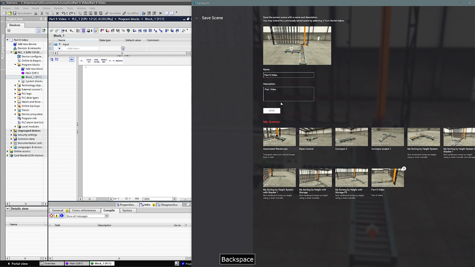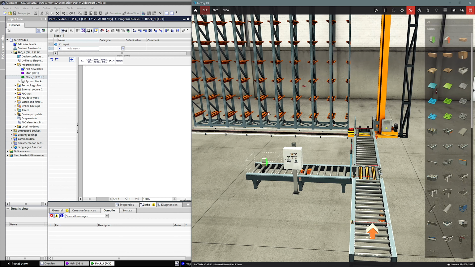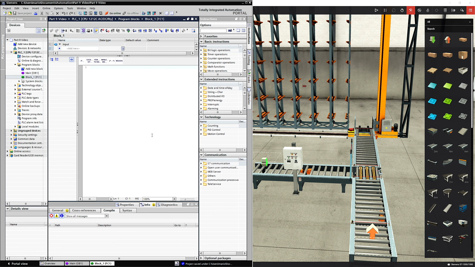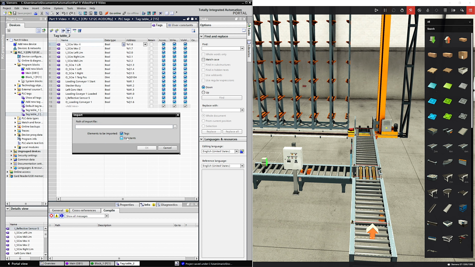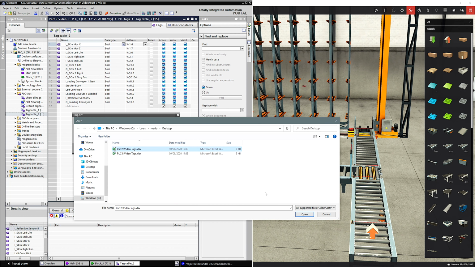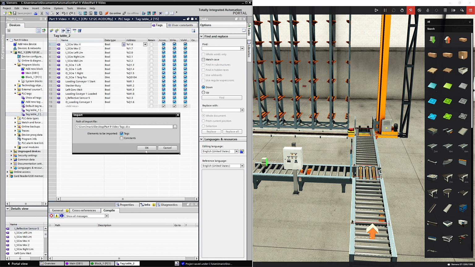Just to find the videos. I'm going to start by opening tag table 2 and importing the tags we require, just as we did in the previous video, part 8. As I mentioned before, I've programmed this setup before, and when I did, I exported the tags so that I could import them again here, saving some time. So I'll select import, select the path, then I'll select part 9 video tags.xlsx and open, then OK. Then I can select OK at the import completed pop-up,